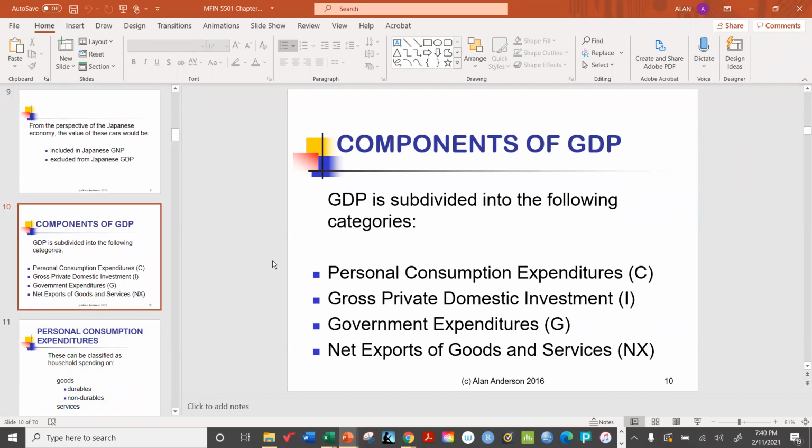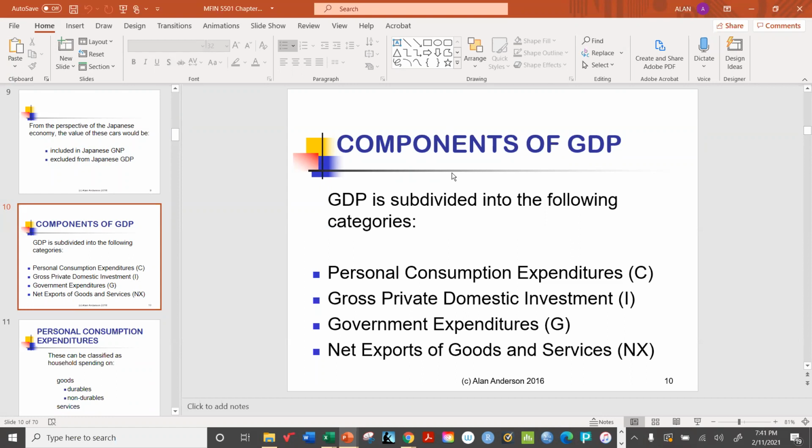Now, GDP, gross domestic product. We're going to start with GDP and see how it is measured. And we'll see that GDP is subdivided into four very broad categories. All goods and services that are produced are considered to fall into one of these four categories. And we'll explain these in a little bit more detail in the next few slides, but these are the four